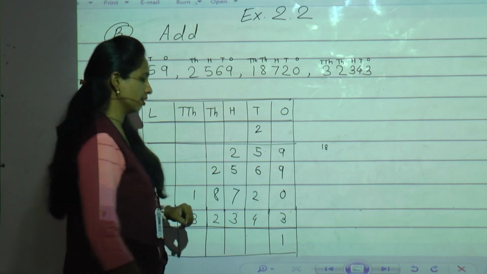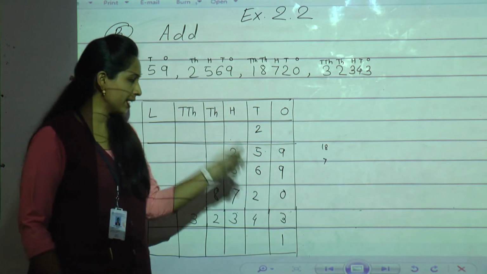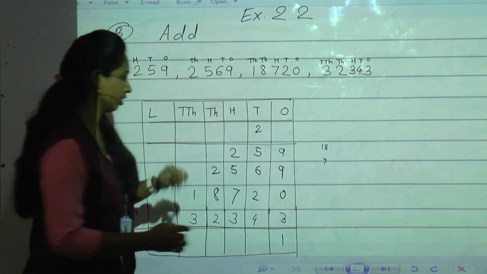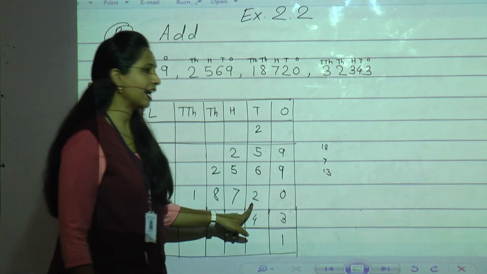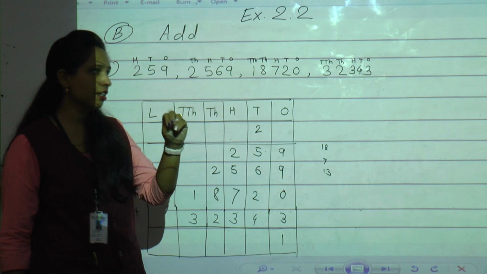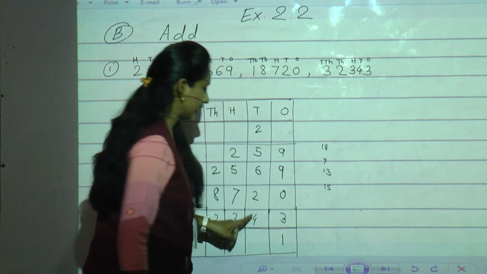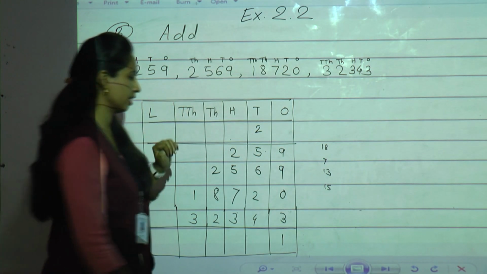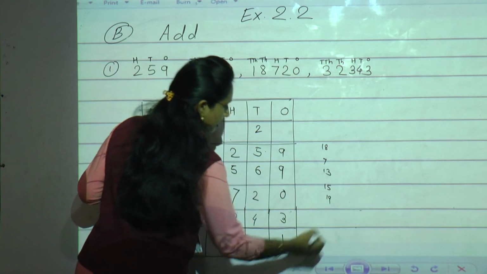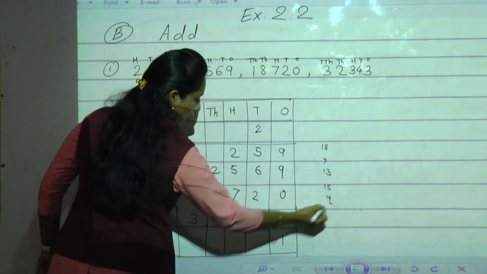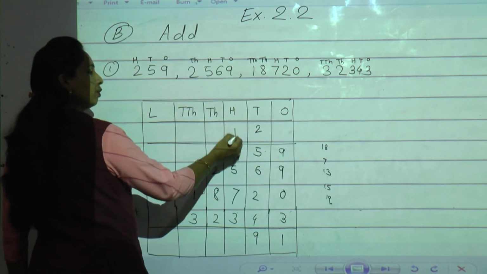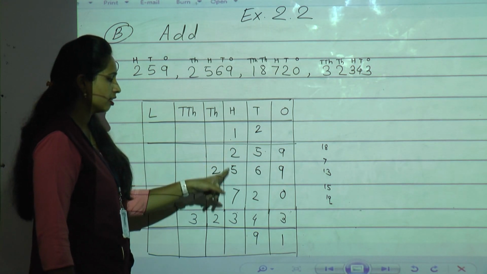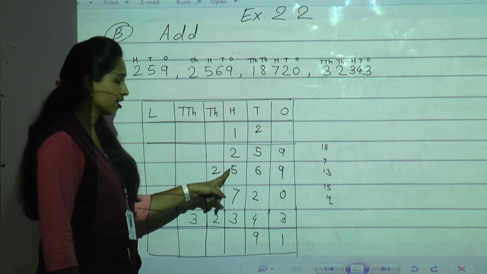Now 2 plus 5, 7. 7, keep in your mind and keep 6 on fingers. 7 after 8, 9, 10, 11, 12, 13. I'll write here roughly 13. Add 2. 13 after 14, 15. So write here 15 and again add 4. 15 after 16, 17, 18, 19. So the answer is 19. So how we will write? 9 on tens place, 1 we will carry to hundreds place. Now 1 plus 2 is 3. 3 plus 5. Yes students, 3 plus 5.